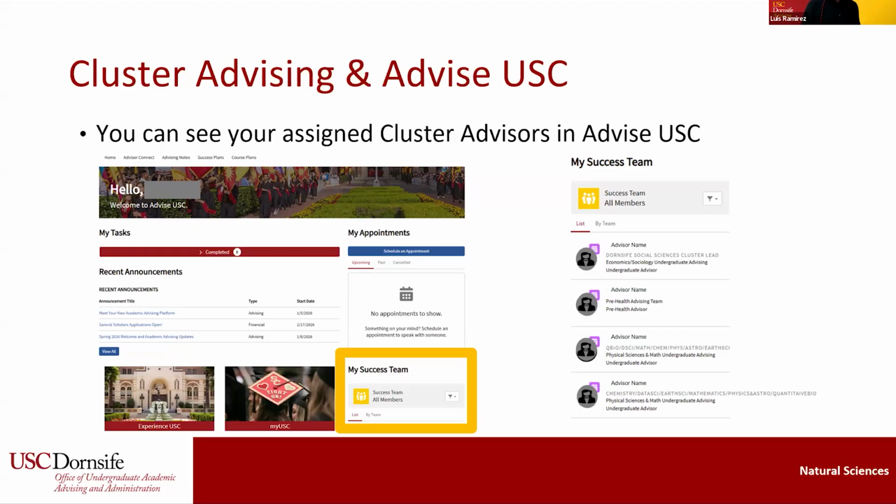So in my success team that's highlighted here in yellow, you will be able to locate all members of your team. On the far right, you will see how it will break down the focus area team members so that you can identify them as you are trying to maybe make an appointment, even trying to maybe create a support case. Just a little note here that when, and I'm going to harken back to this, when you're trying to identify your success team, it's very helpful to use the success team list here to identify who is on your team.